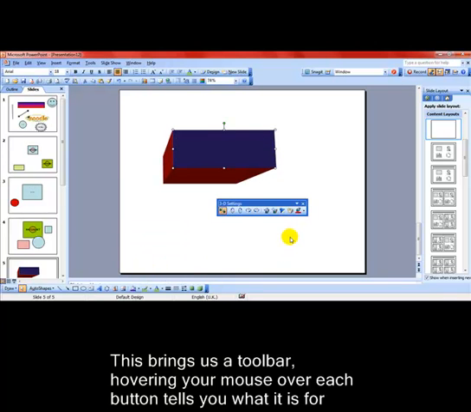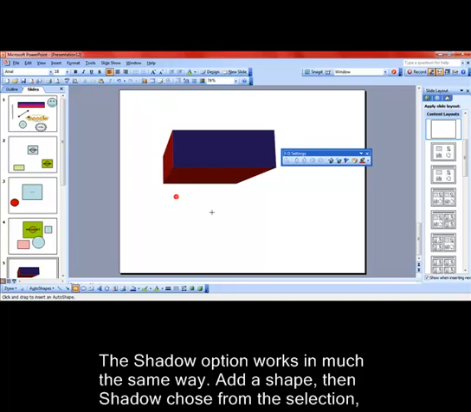So that's 3D settings. And while we're on that, we can also have, I'll draw another object, shadows, which is a button next to the 3D style. The shadow style works in exactly the same way. You can add shadows to your objects,